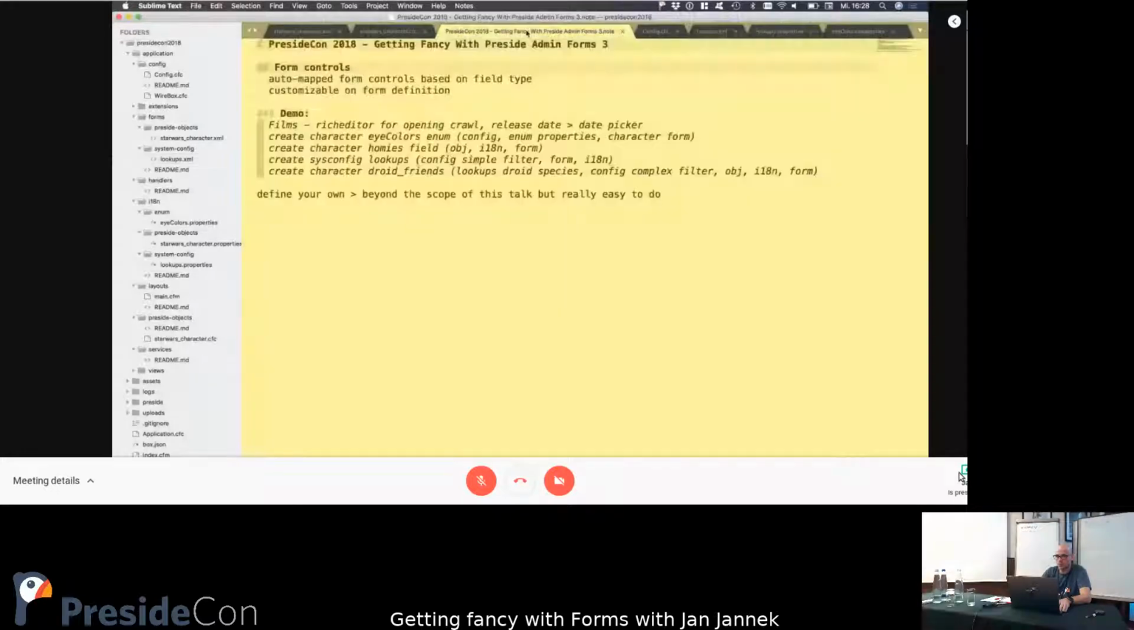So that was a simple filter applied to an object picker. And what we could do now, in addition, is combine and get a little more fancy, to show you the possibilities of the object picker in combination with filters. We could create droid friends on the Star Wars character. Therefore,